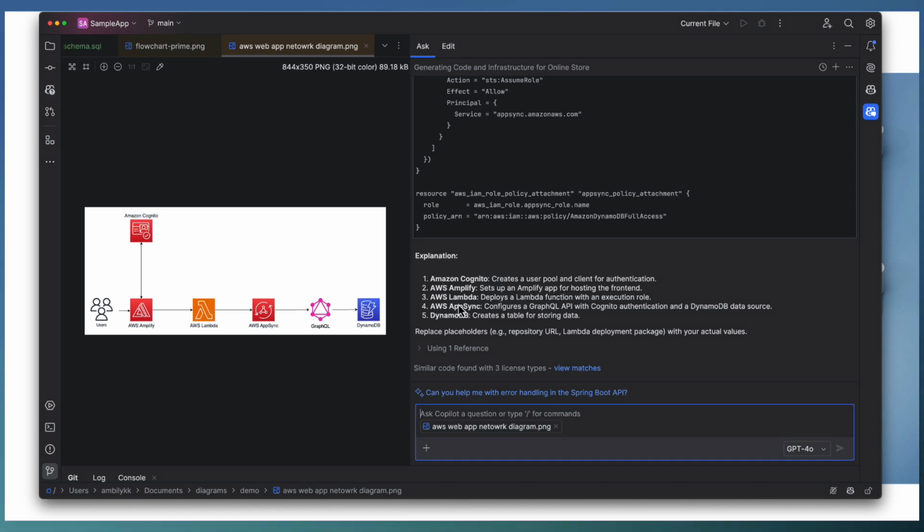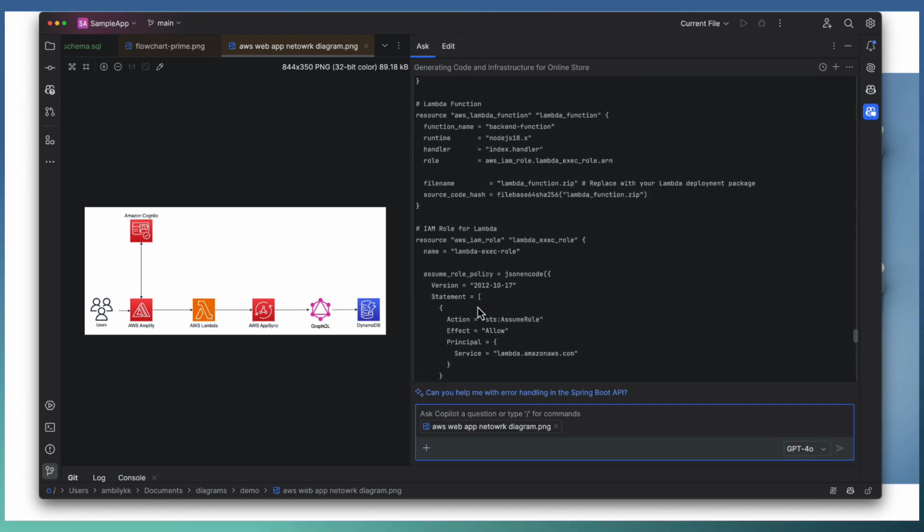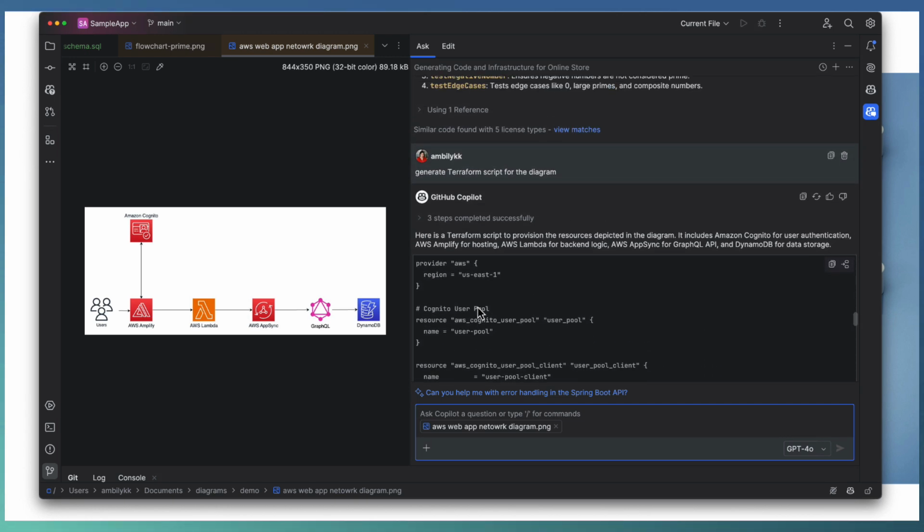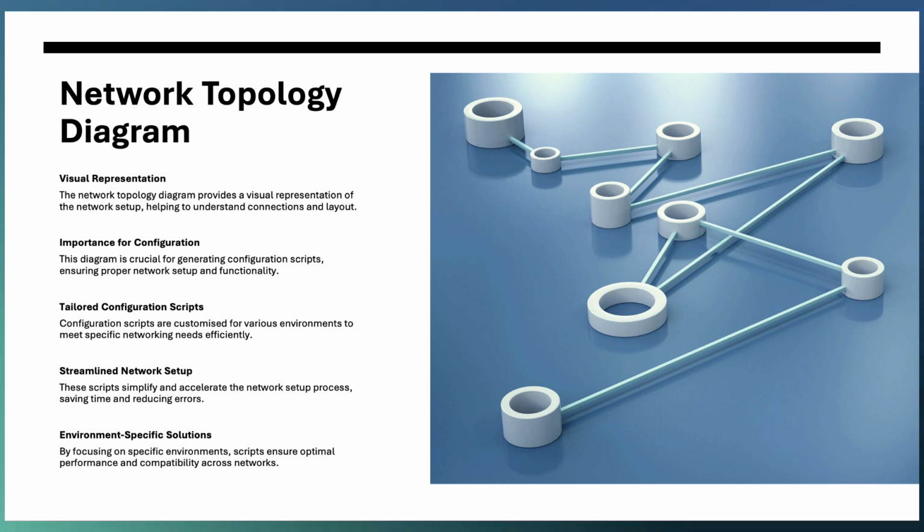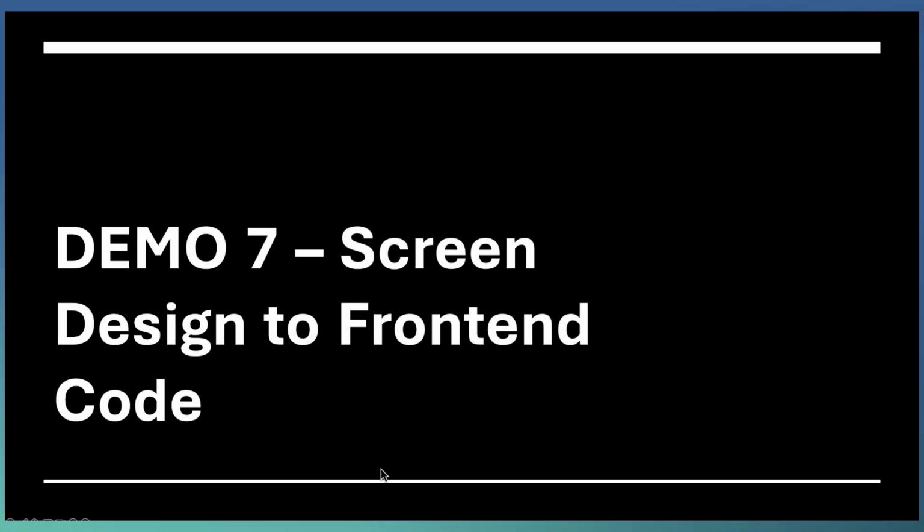It's given an explanation also. It's identified around 5 different resource requirements and came up with this entire Terraform script. Quickly you can generate the Terraform scripts out of a deployment diagram or cloud architecture diagram. Copilot is there to help you streamline the complete provisioning of your target environment.